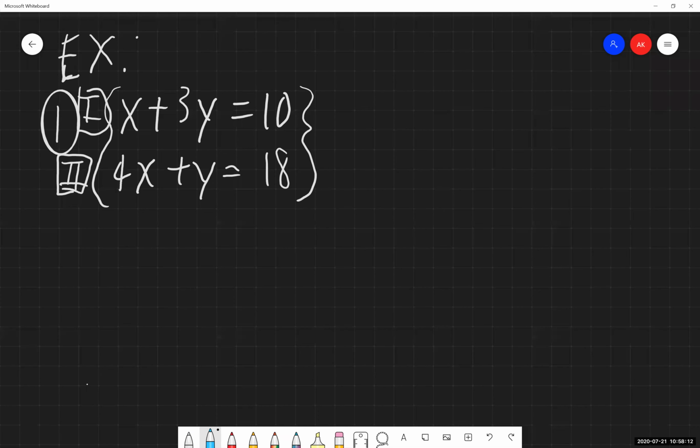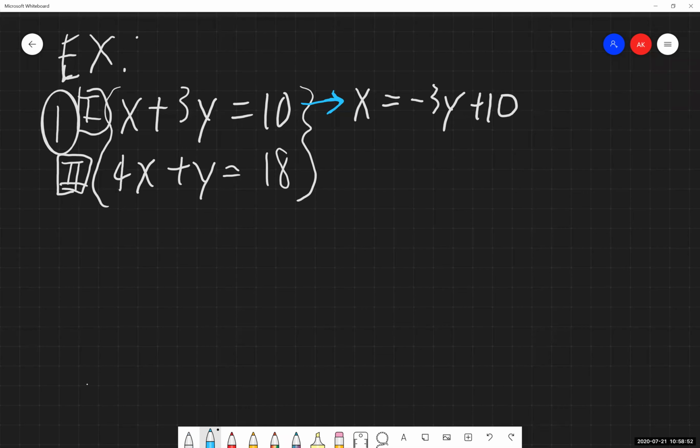So I am going to choose, for the sake of this instance, the first equation, and I'm going to solve it for x. So I want x equals something. And the reason I'm choosing x in my first equation is because if I want to get that all by itself, it's as simple as subtracting 3y from both sides of the equation. And I get x is equal to negative 3y plus 10. So I've subtracted 3y from both sides of my first equation, gets me here.